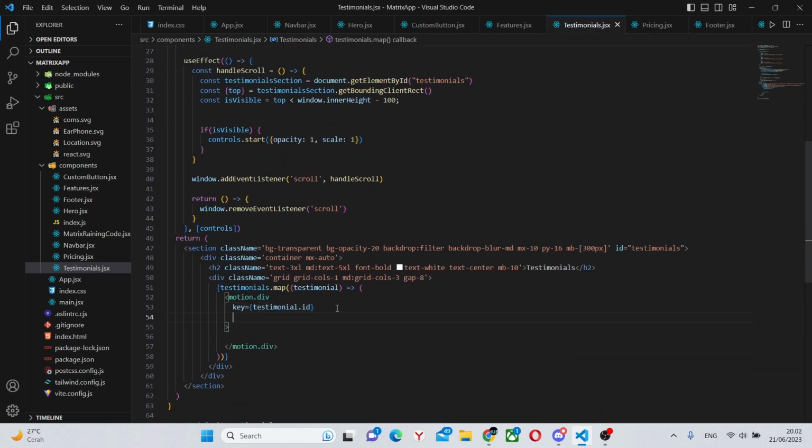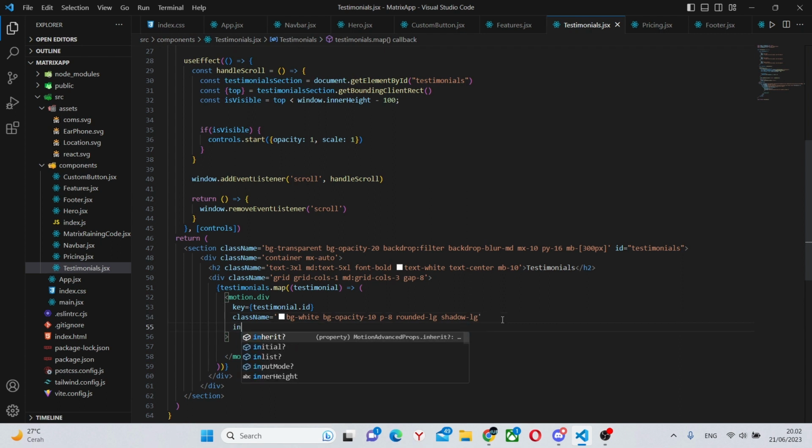Next, we can say class name of bg-white, bg-opacity-10, p-8, rounded-lg, and shadow-lg.